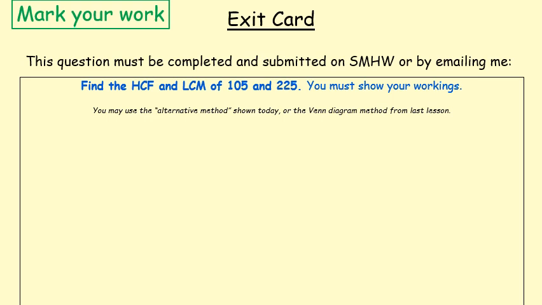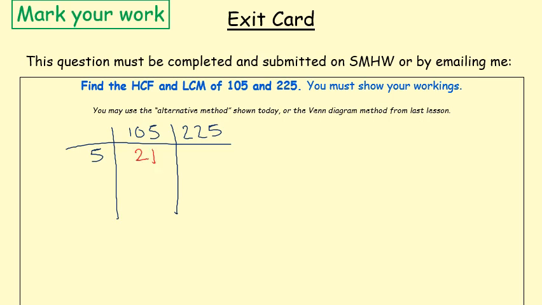So first of all, I'm going to show you the alternate method and the answers. So I just want you to mark those. So remember, we start with a table and we're going to break down 105 and 225. Okay, so I'm going to look at 105 and 225 and I'm going to find a number that divides into both of them that is the same number, and I'm going to pick 5 because both numbers end in 5. So I'm just going to divide 105 by 5 and I get 21, and then I'm going to divide 225